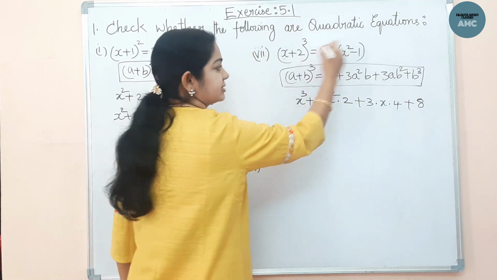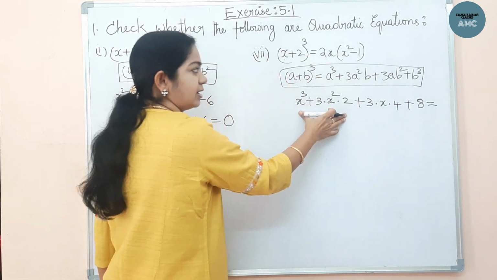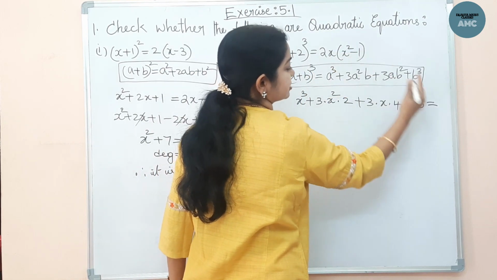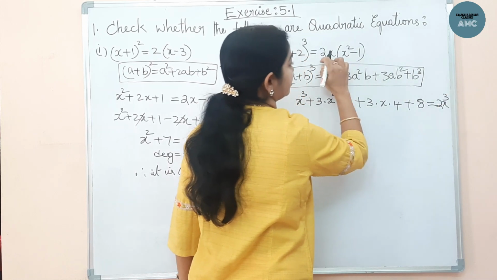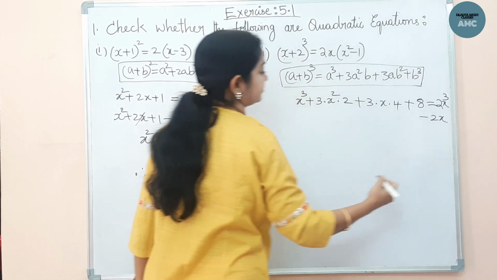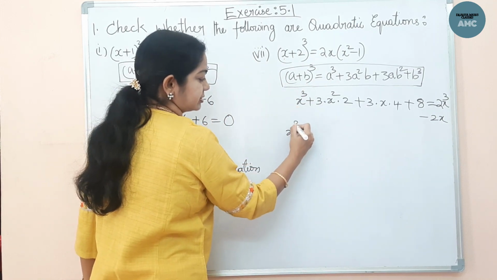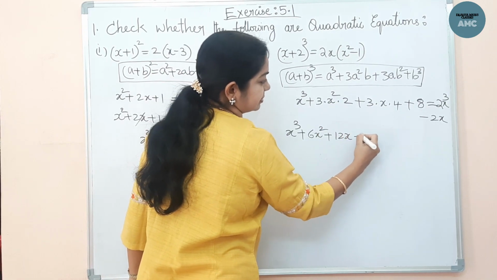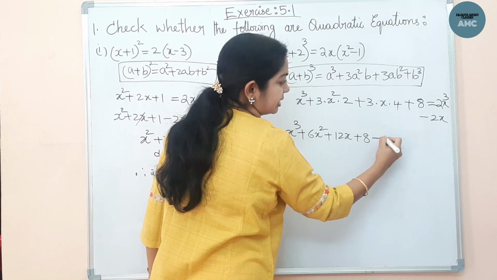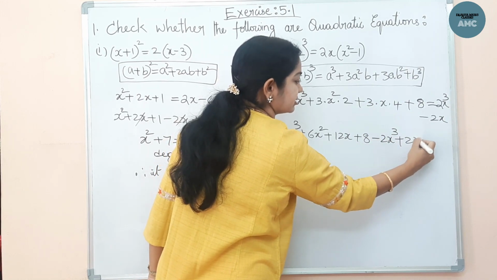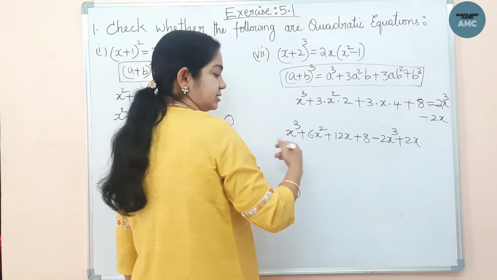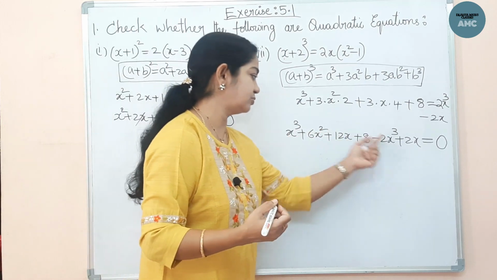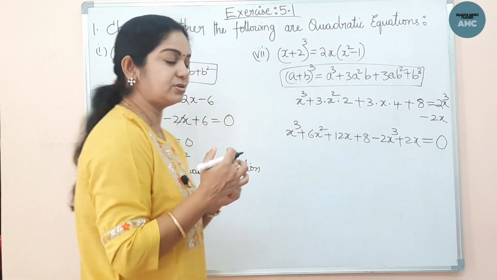Okay. And that side also is there. This is the LHS part, now the RHS part, just multiplying the term to both the terms. 2x into x square comes to 2x cube, 2x minus 2x. Right? Now here, x cube plus 6x square plus 12x plus 8. Bring those terms to this side: minus 2x cube plus 2x. The signs will be changed if they are brought to the other side. Equals to 0. Now the like terms, cubic terms, square terms, you need to add.